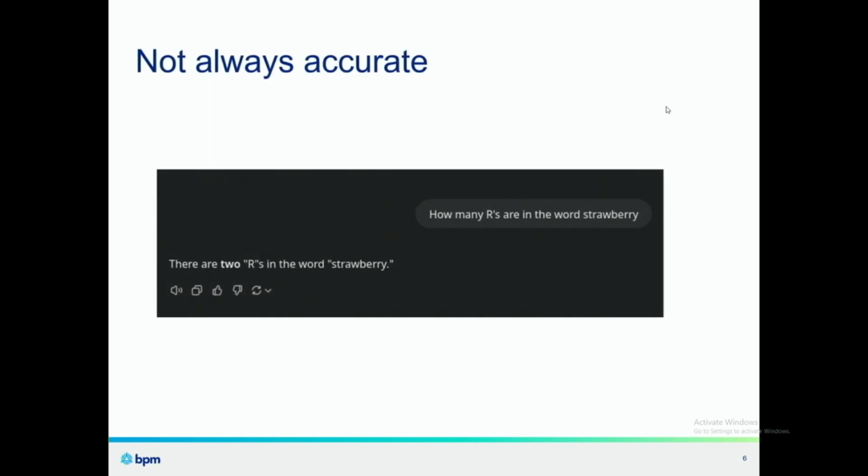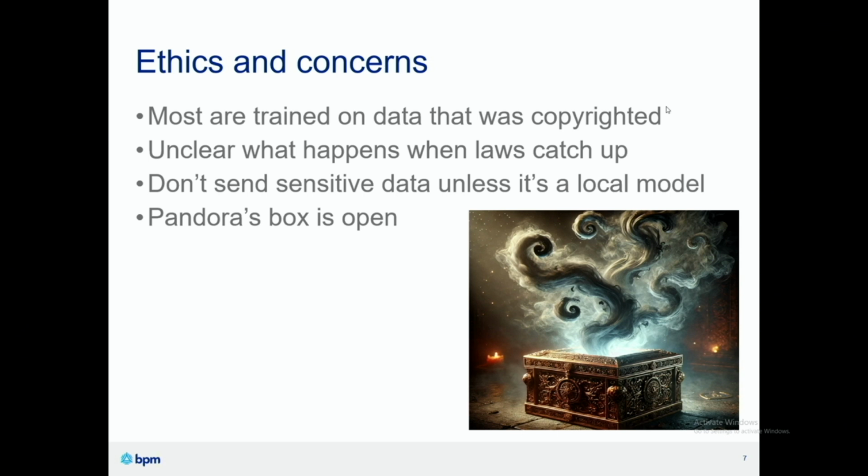If you've been listening to LLMs for a while, you might have been hearing this question being asked a lot on the ChatGPT 4.0 and prior models. How many R's are in the word strawberry? And if you can't read that up there, there are 3 R's in the word strawberry, but ChatGPT will insist that there are 2. The reason for this, if you dig into it, is actually that it thinks there's only 1 R in the word berry. If you correct it and say, hey, there are 2 R's in the word berry, how many R's are in the word strawberry? It will actually thank you and say, yes, there are 3 R's in the word strawberry. So those are some things we have to contend with.